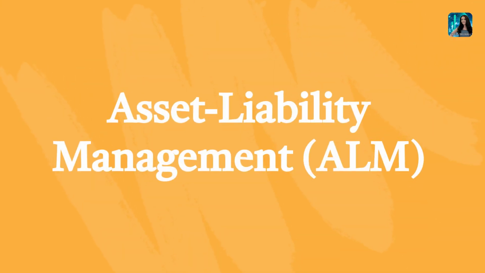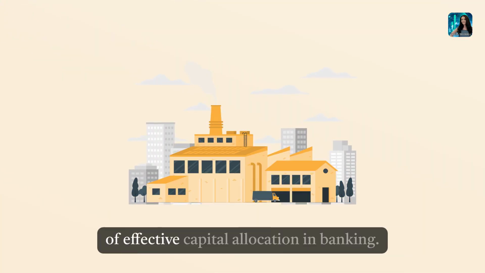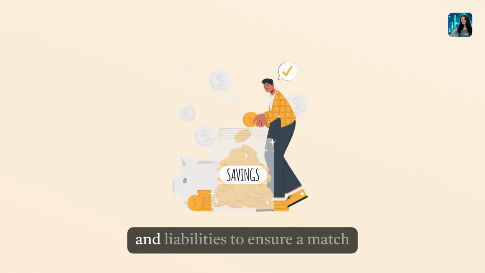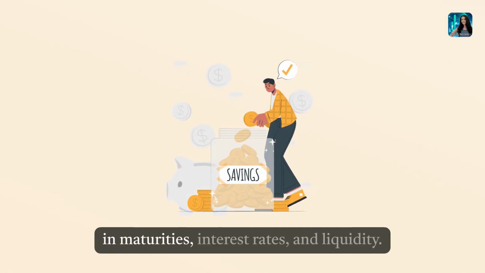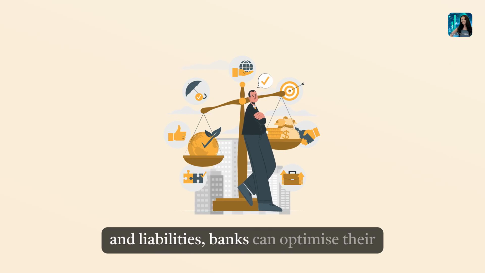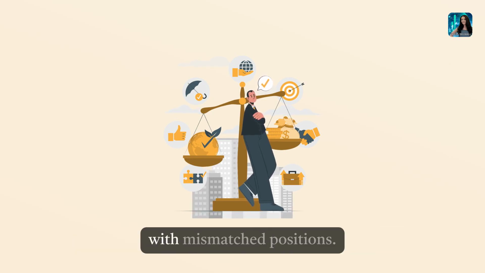Asset-liability management, ALM. Asset-liability management is a key component of effective capital allocation in banking. Banks need to align their assets and liabilities to ensure a match in maturities, interest rates, and liquidity. By managing the balance between assets and liabilities, banks can optimize their capital allocation and minimize risks associated with mismatched